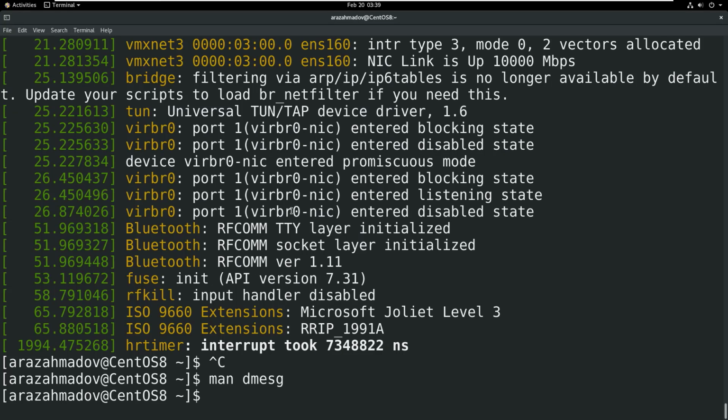Next commands are cpuinfo and meminfo. These commands are located in the proc directory. Firstly, let's go to the cpuinfo command. To go to this command, type